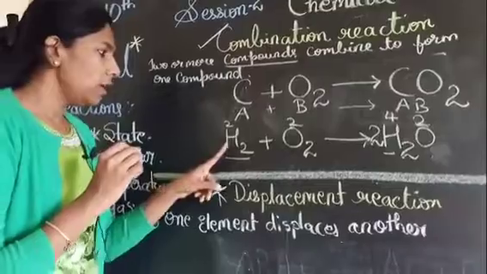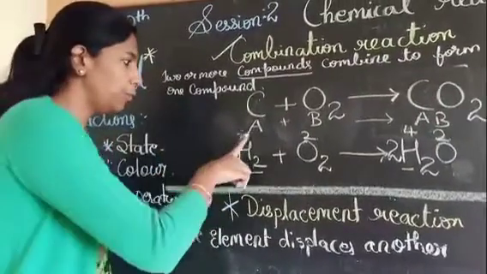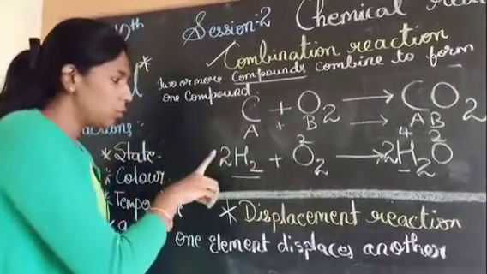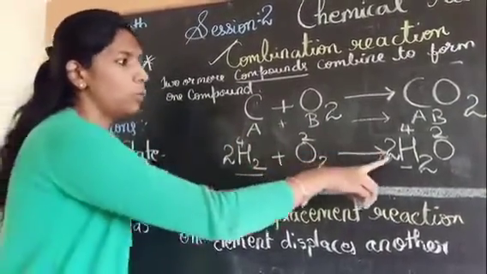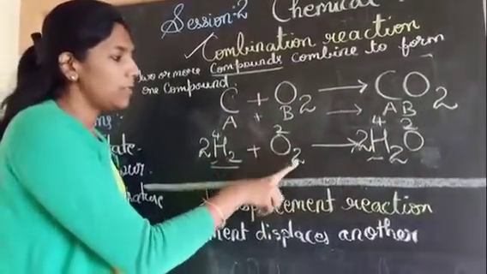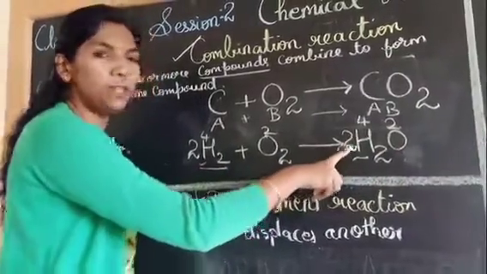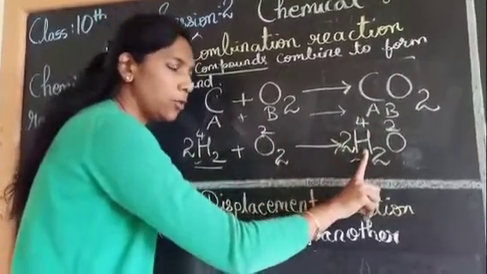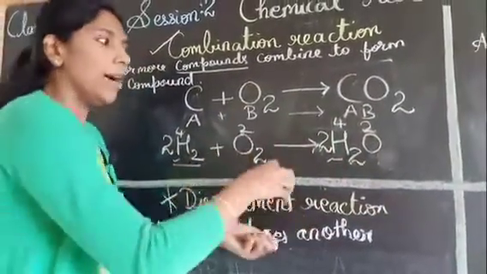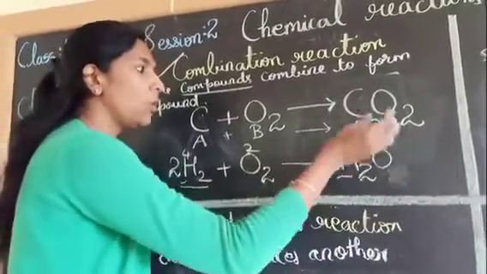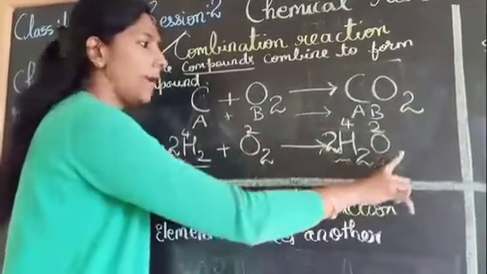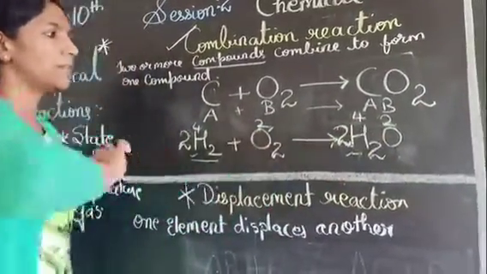Let's check out once again. Hydrogen, how many do we have here? 2. It's not balanced. In order to balance it, I'm going to write 2 here. So 2 twos are 4, 2 twos are 4. Hydrogen is balanced. Look at the next one, oxygen 2. This 2 is for hydrogen also and oxygen also. As I have explained earlier, I cannot put 2 only for oxygen or only for hydrogen. So this is a common 2 for hydrogen and oxygen. This way we have balanced the reaction.